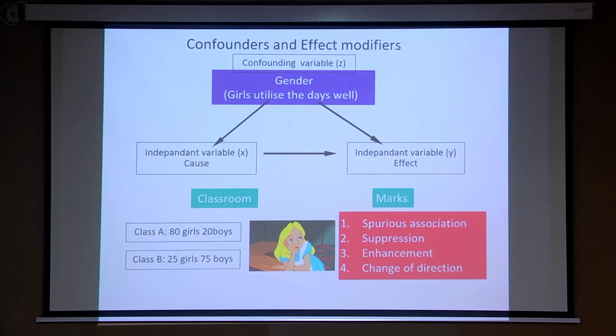So there is a spurious association and there is a suppression of the information, or it can be an enhancement. See, actually these 80 girls may be performing low, but just because the numbers are high, it gives a better result. So we want to rule out the effect of gender. And sometimes change of direction. See here, overall this section may be performing poor because girls have been in more number. Class A is getting credit and it has been given a prize.